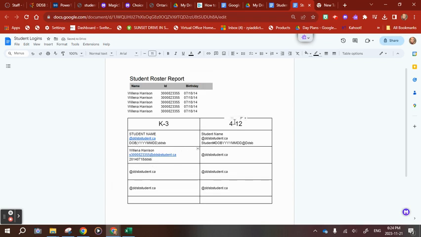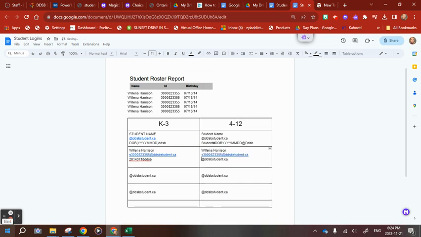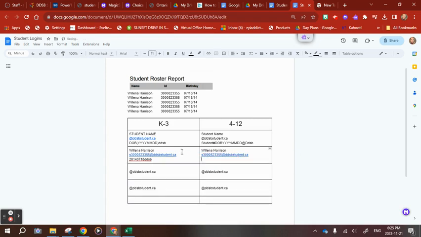If we happen to be in 4 to 12, it's the exact same process for the name and the S number. Okay, do not forget to put that little S at the beginning, right? So I can just go and put that right over here. Right? And then for their actual password, it's a little bit more because it is actually their S number,